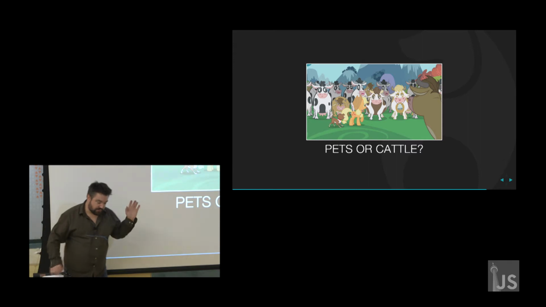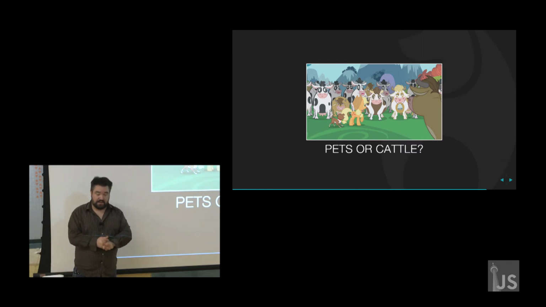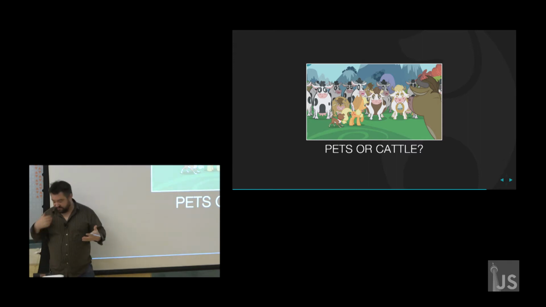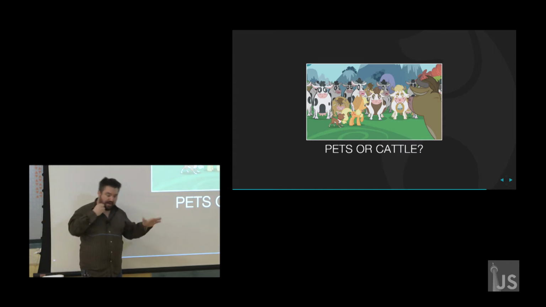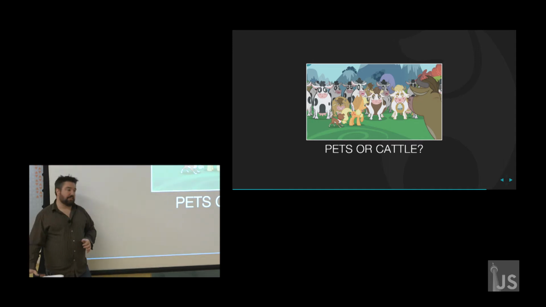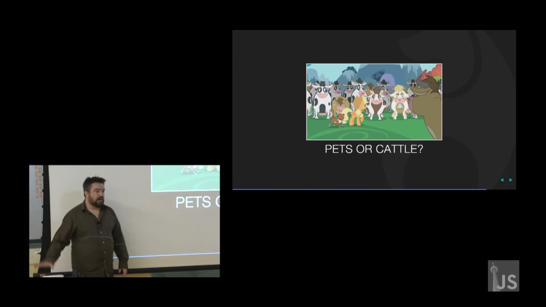And this is a term I learned from our DevOps guy. As he was sending stuff up, he kept referring to, oh yeah, that's a cattle machine. We all have our laptops, we all love our laptops, we put stickers on them, we load them all up with our music. They're very important to us. But you're